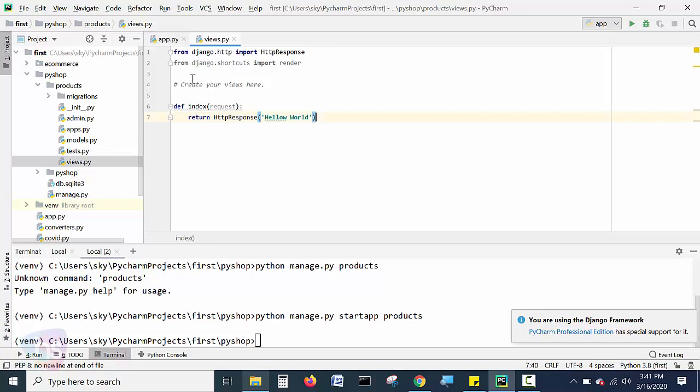All right, when the user hits this particular products page, you can see the message hello world. This is the text. Instead of this, you can write hello products, or hello something as you wish, to populate a message, you can type it over here. In the next session we will see how to map these views to URLs and present them in the web browser.